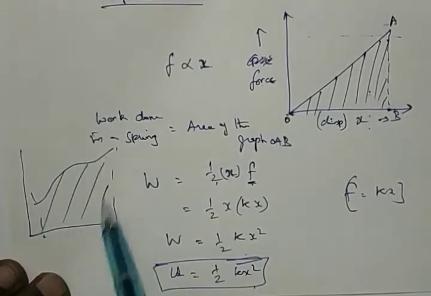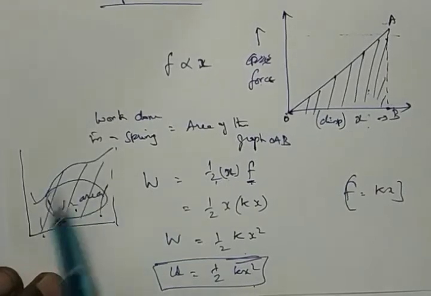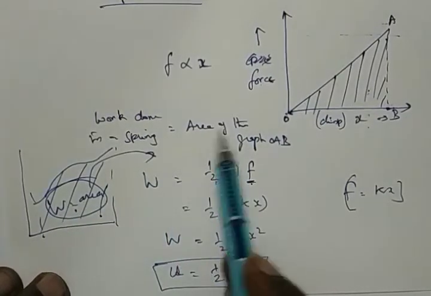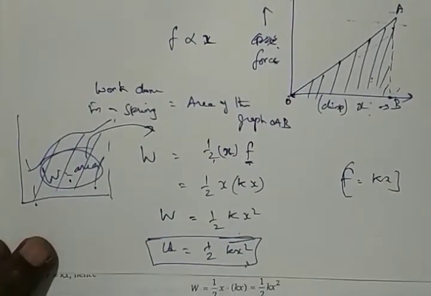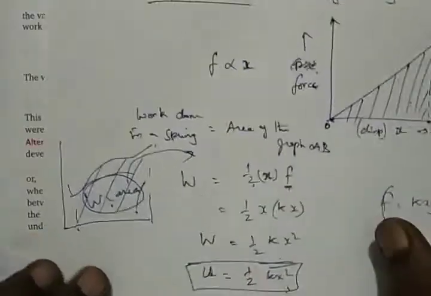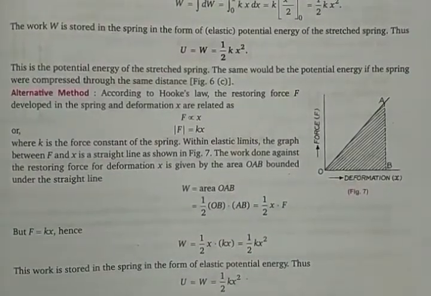If there is a variable force given there, we saw this one like this. So what did we do with this one? We took the area of this one. Work done is going to be equal to area. That same thing we have applied here also. Work done is going to be equal to the area enclosed by the force and displacement. So finally you get this expression. So that's what is given here. So you get this formula.